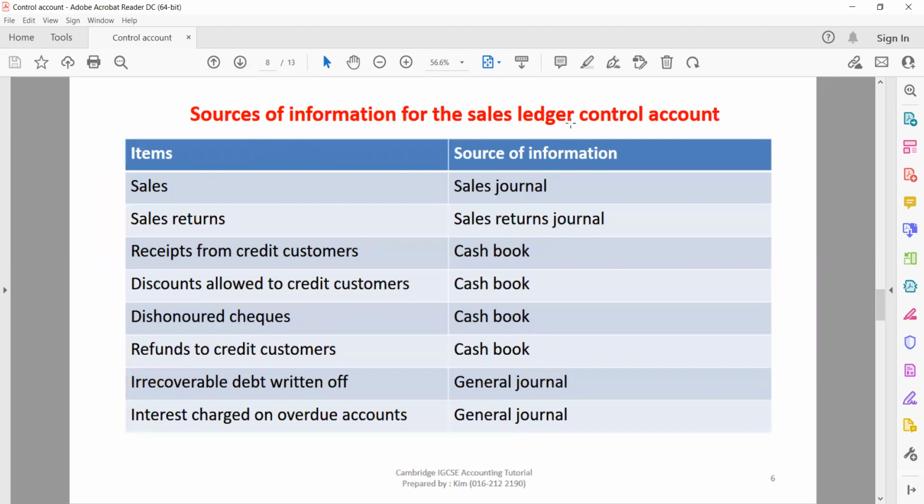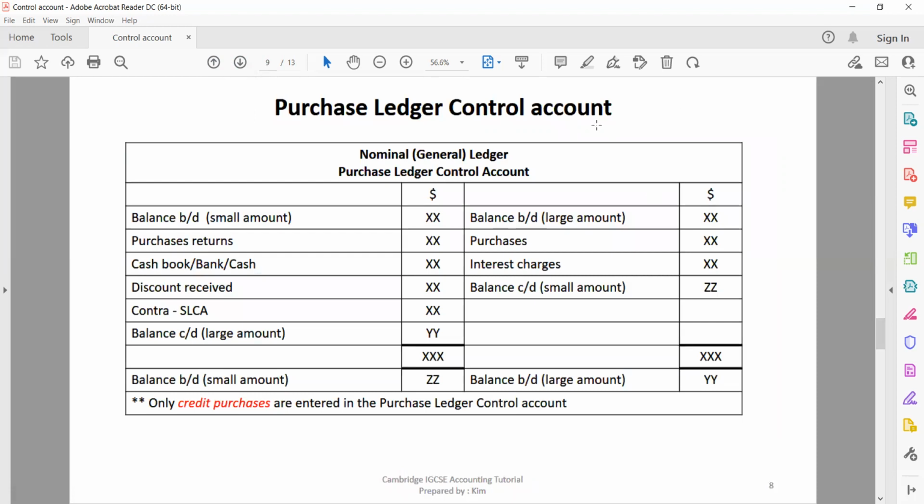The source documents or information for the sales ledger control account are: sales from the sales journal, sales returns from the sales return journal, receipts from credit customers from the cash book, discount allowed to credit customers from the cash book, dishonoured cheques from the cash book, refund to credit customers from the cash book, irrecoverable debts written off from the general journal, and interest charged on the overdue account, which is also from the journal. Okay, the two accounts you must remember for this chapter are the purchases ledger control account